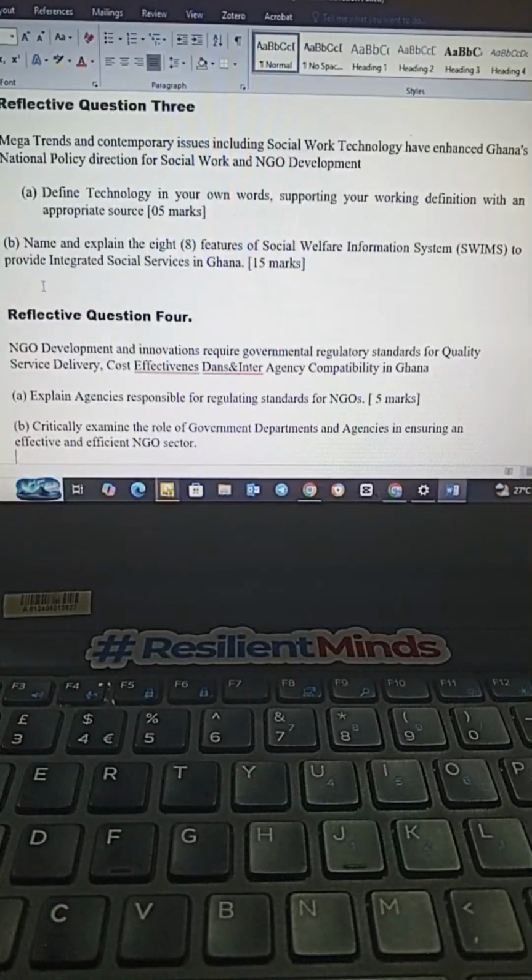So in short, these are the reflective questions. As I said when I started, I'm 90% confident of what I've given you. So please make sure you go through them. I've given you a brief explanation of all of this. As I said, I'm just facilitating the session, so I'm just giving you highlights. But you need to do more about them and know how to answer them.